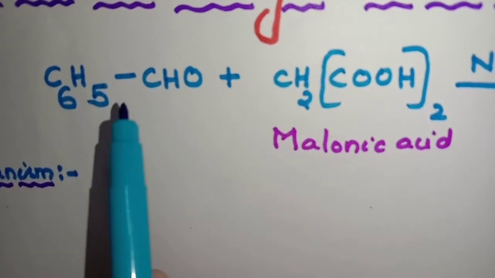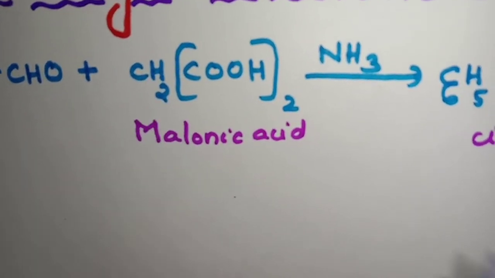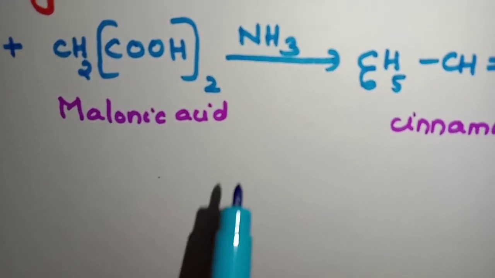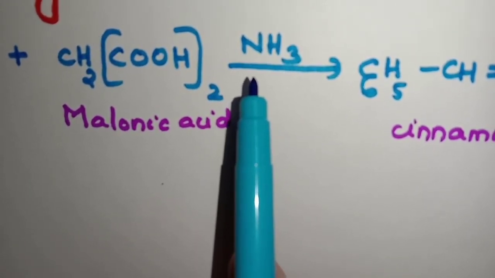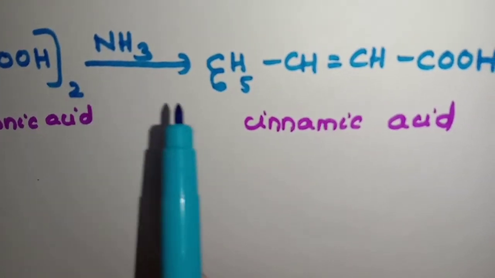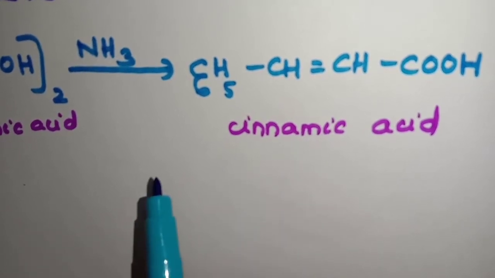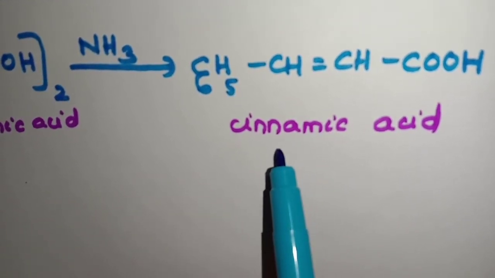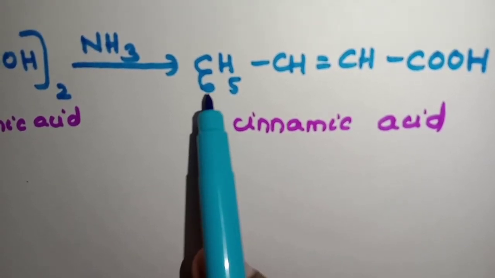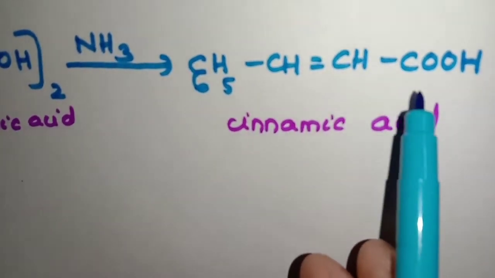Okay. So now write down the reaction for this Knoevenagel reaction. Benzaldehyde, C6H5CHO, is the aldehyde taken. It reacts with malonic acid in the presence of a base. The base taken here is ammonia, NH3. Okay. So forming alpha beta unsaturated acids. So when we have taken benzaldehyde and malonic acid, we get the compound cinnamic acid. Cinnamic acid formula C6H5, structure CH double bond CH COOH.